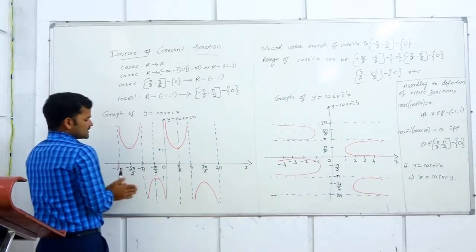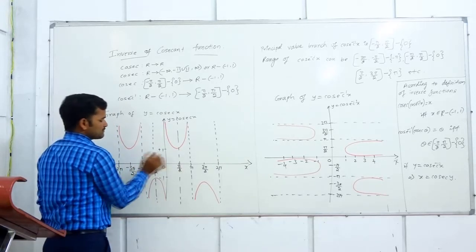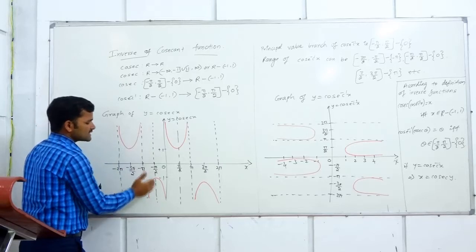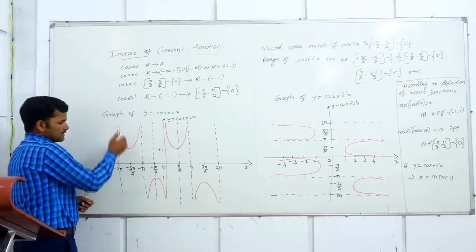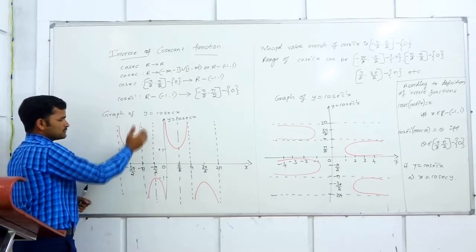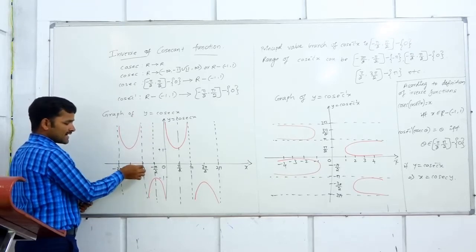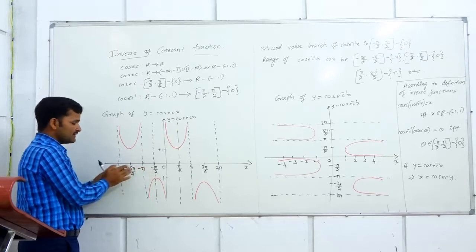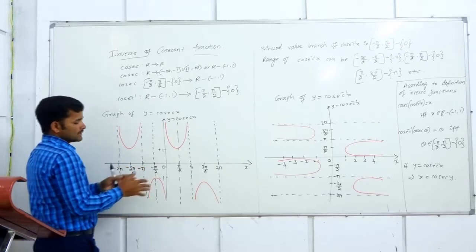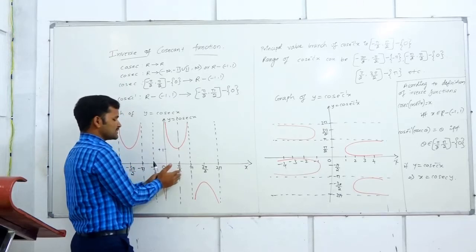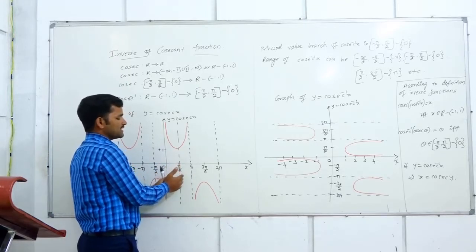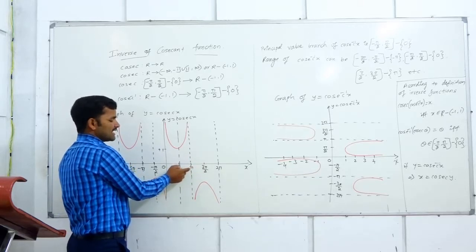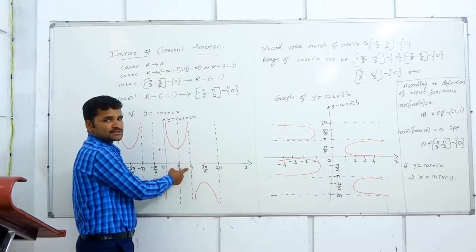Looking at the graph of y equals cosecant x, instead of restricting from minus pi by 2 to plus pi by 2, we may restrict it from minus 3 pi by 2 to minus pi by 2 also. If we restrict so, at minus pi, cosecant is not defined, so we have to exclude that point. Instead of minus pi by 2 to plus pi by 2, we may restrict it from pi by 2 to 3 pi by 2. In that interval, at 180 degrees, pi, cosecant is not defined. We need to exclude that.